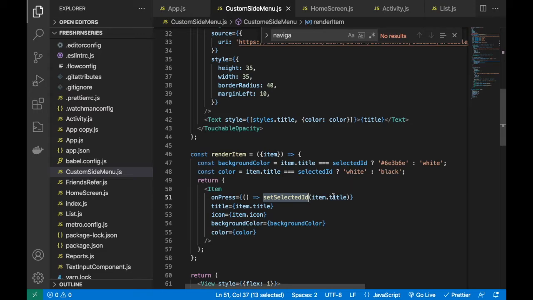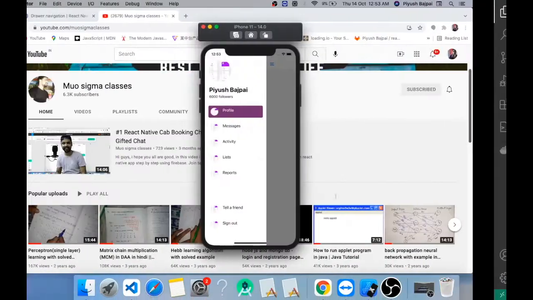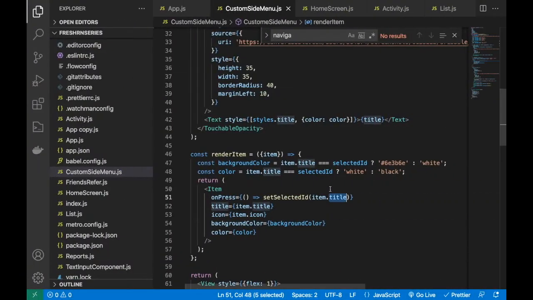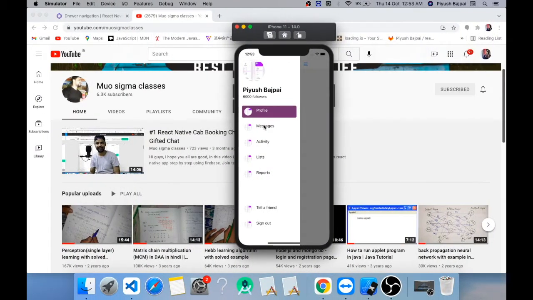This is not an actual ID, because in the old video I told you that we are using the title as a unique key, since we do not have an ID, or we could create one, but for now, just for the example, we are using the title as a unique key. On the basis of the unique title, we are highlighting, selecting and deselecting the items like this.